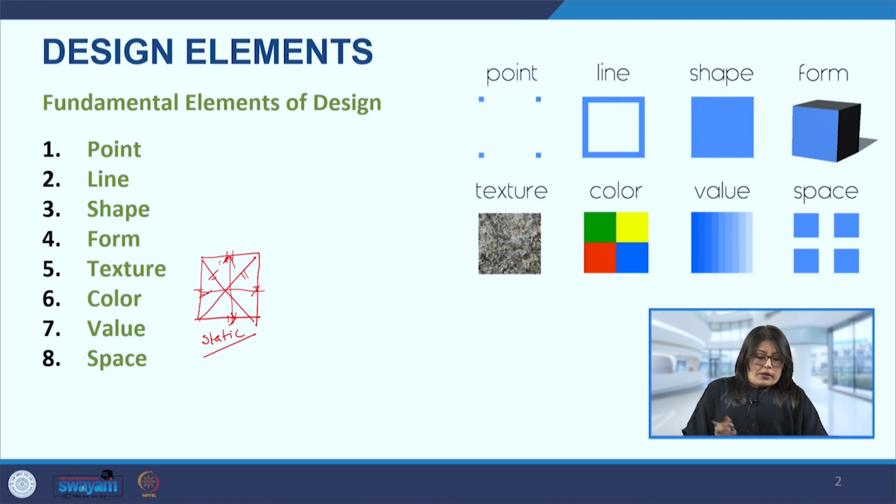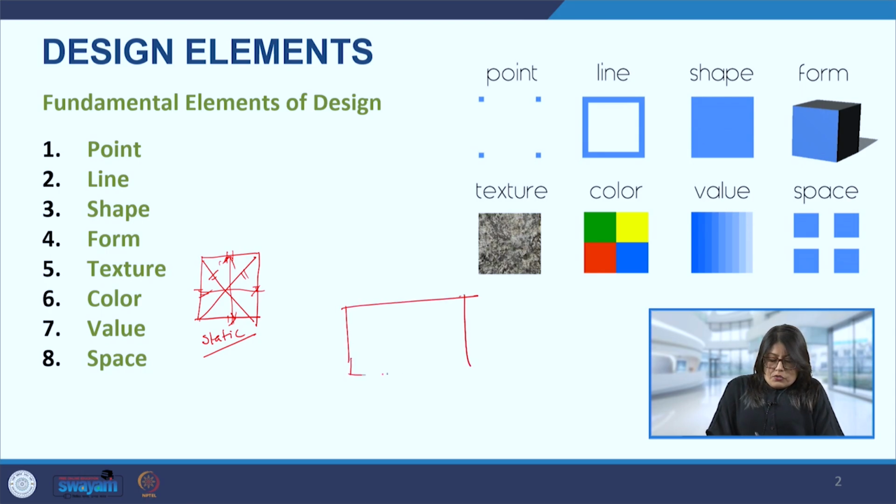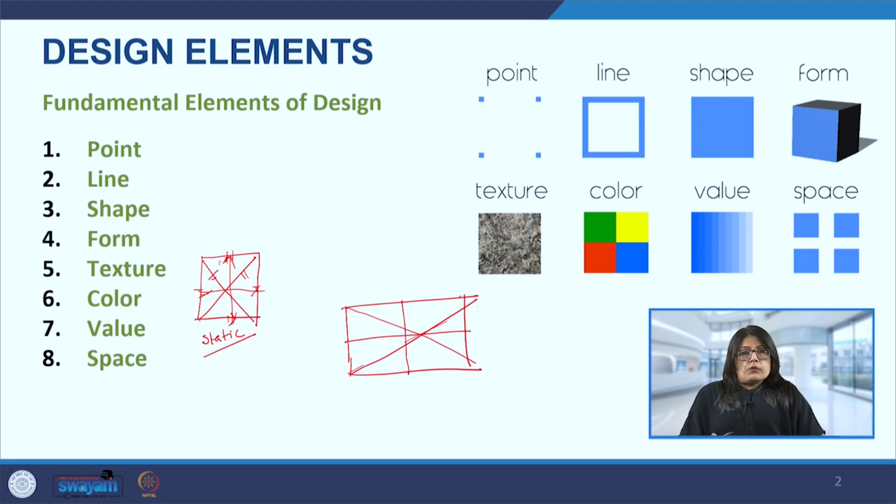the square picture plane. In contrast to this, if we take, say, a rectangular picture plane, here the length is different from the width, and as opposed to the square picture plane, the diagonals are also of a different dimension from the vertical and the horizontal length. So now if we see this picture plane, there is more movement of the eye, especially in the horizontal direction, because the horizontal direction is offering more space for the eye to move in.